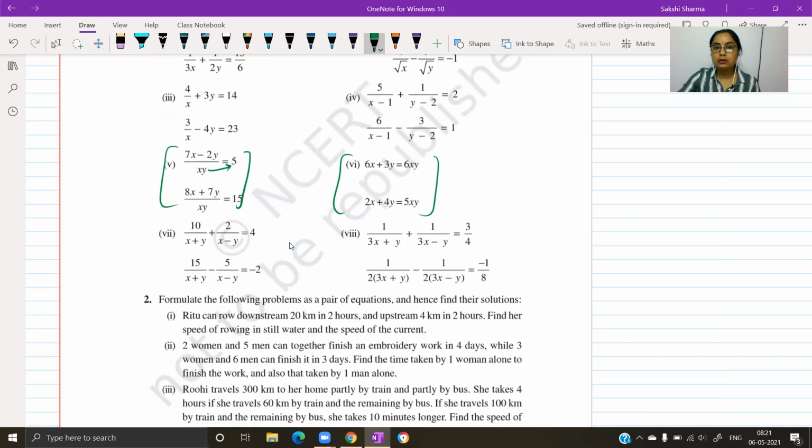If you transpose the denominator, your equations will convert into this form. So we will work in reverse order. On the right hand side, this xy we want to eliminate. We are going to divide throughout by xy, and then your equations will get converted into a form similar to the pair given in the first part.